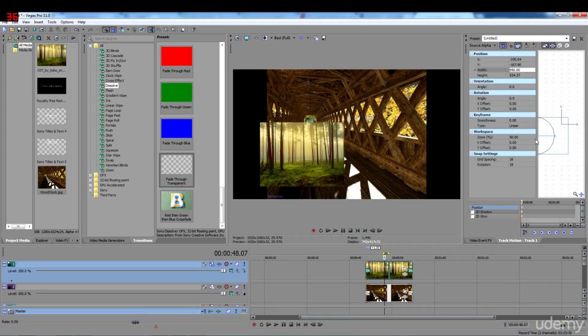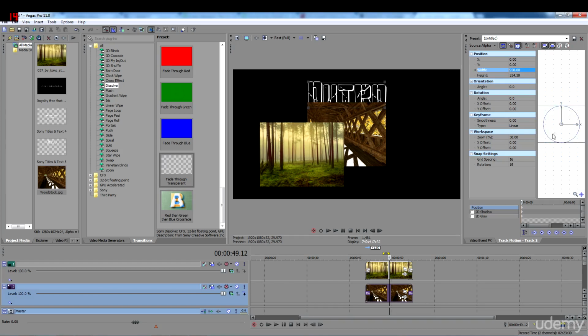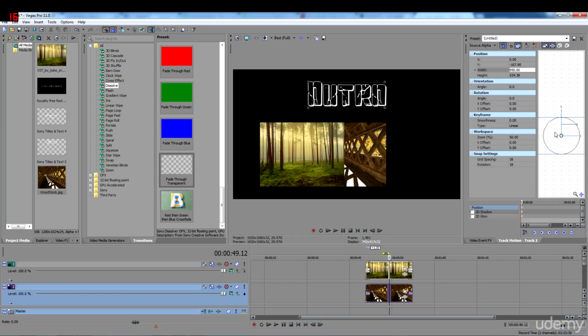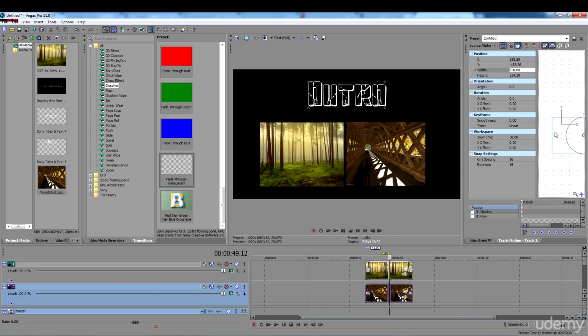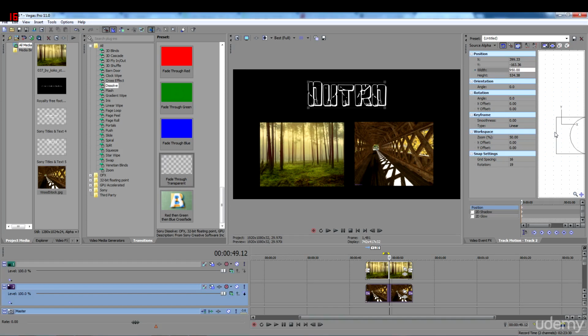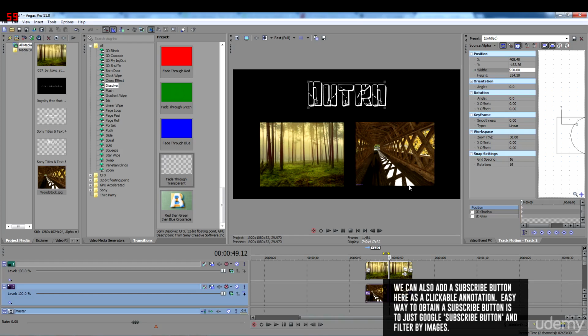So now we're going to do it with the other picture. Pretty simple and straightforward. Just click on the track motion button. Once again, click on width, go to 950. The height will auto adjust, and then we'll click on it, and then we'll move it downwards, line it up, make sure it's lined up with the other one so it doesn't look too out of proportion, and then just move it over with our arrow keys. And just like that, we have two annotations people can click on at the end of our video,